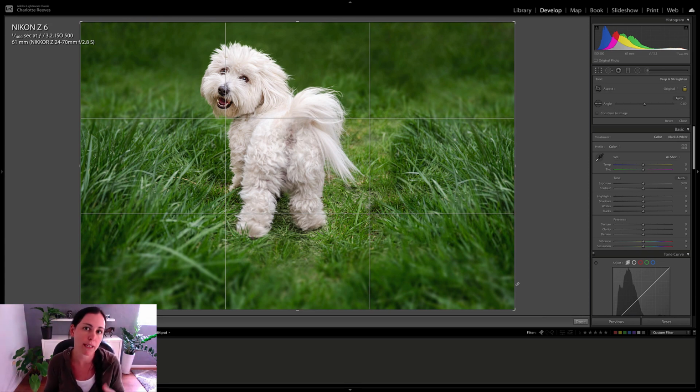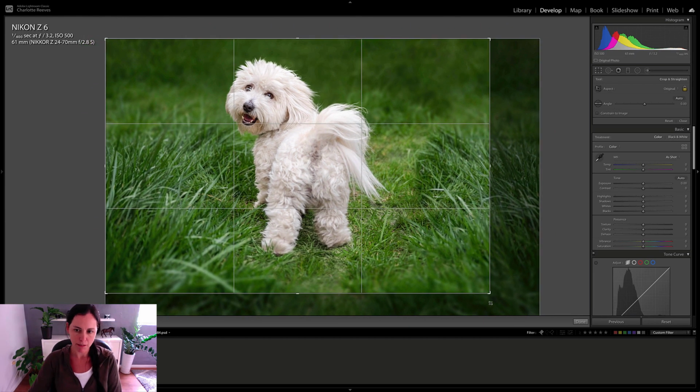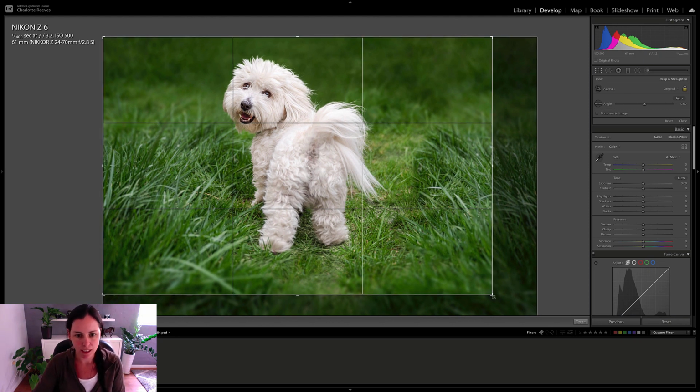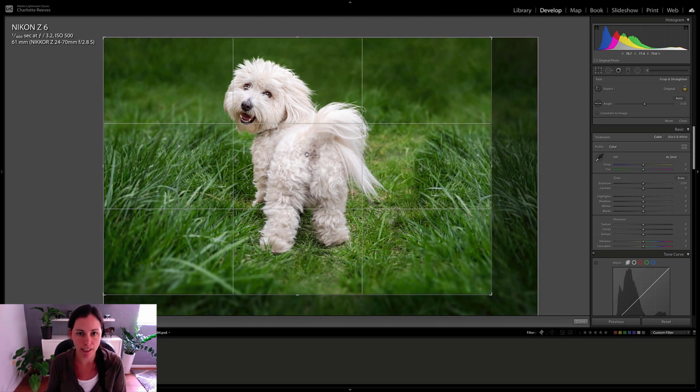And so I do all my final cropping in Lightroom. So I'm going to crop it in a fair way because I actually want to pretty much center this dog in the middle of this image. So I'm actually getting rid of quite a bit of image here. Now, if I didn't want such a tight crop, if I did want to leave more image around the edge, I would then go back into Photoshop and do a content aware crop to actually create extra space at the top and the left of the image. So that is a good solution if you wanted a crop that's not quite so tight. So I'm going to